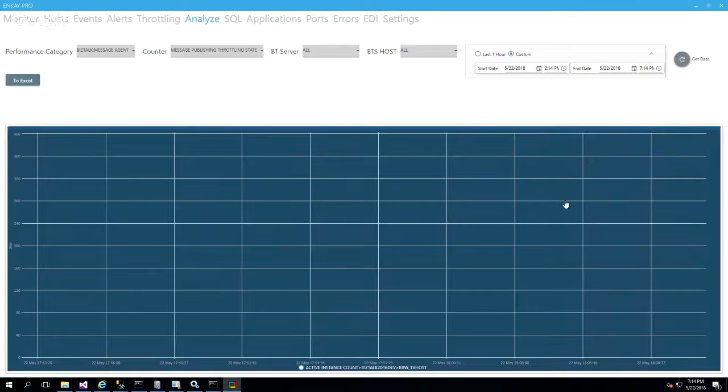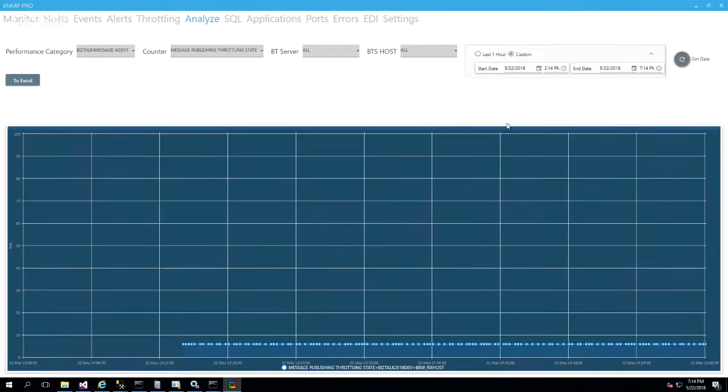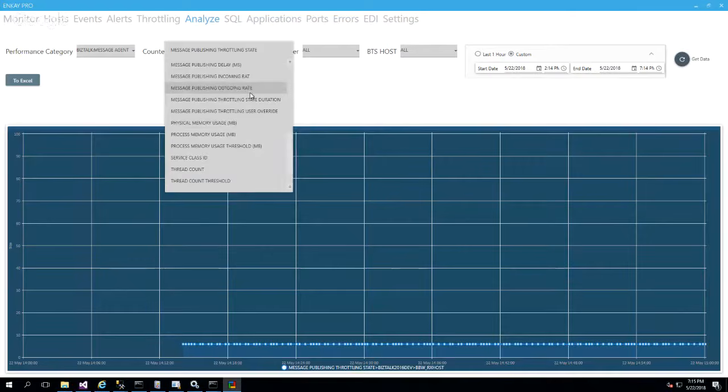This will show me that we actually had, this is showing you throttling has been occurring. When throttling state is 6, it means that you've had throttling occurring since about 2:14 p.m. this afternoon. And it went on till about 3 p.m. So I can then look at some more details and see, okay,